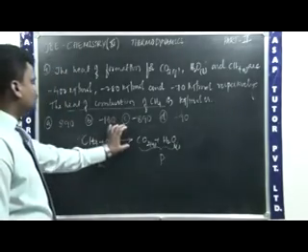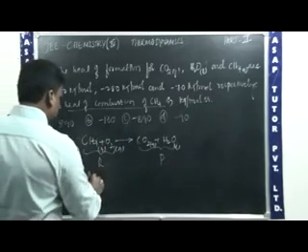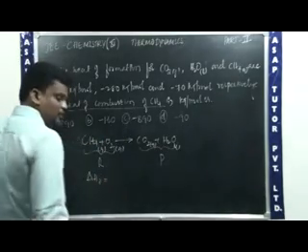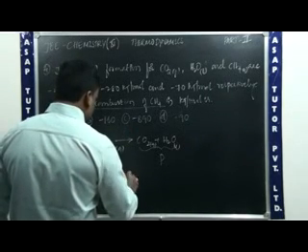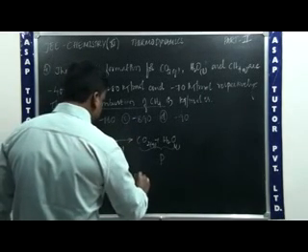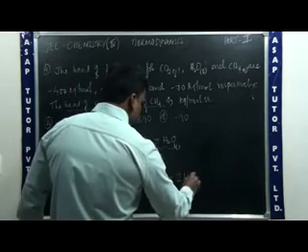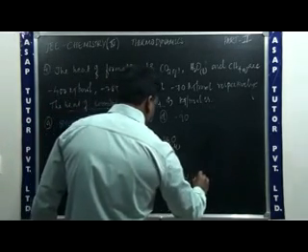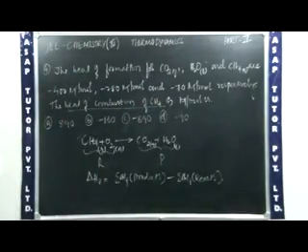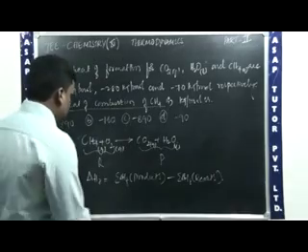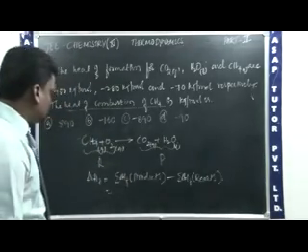Now we need to find the change in enthalpy of the reaction. So the change in enthalpy of reaction is equal to the summation of change in enthalpy of formation of products minus the summation of change in enthalpy of formation of reactants. So this is the formula to find the change in enthalpy of reaction. So that is equal to, if we apply it to this equation as written above, what will it become?